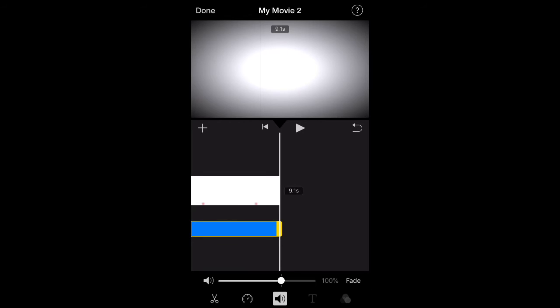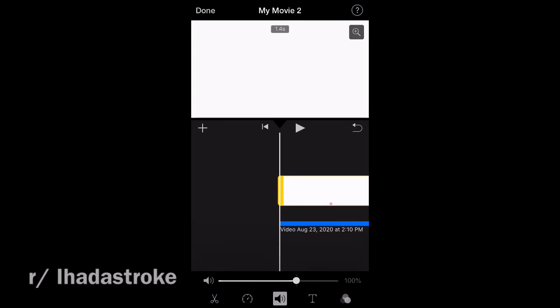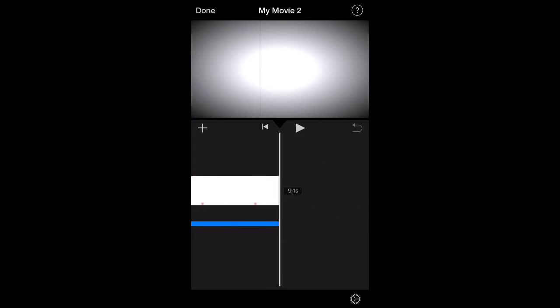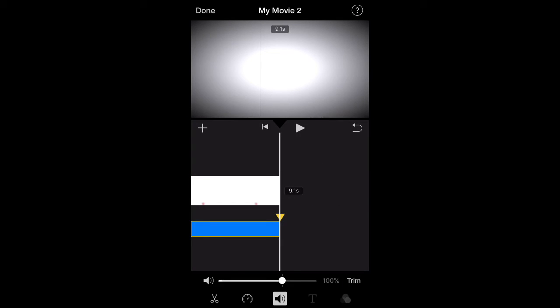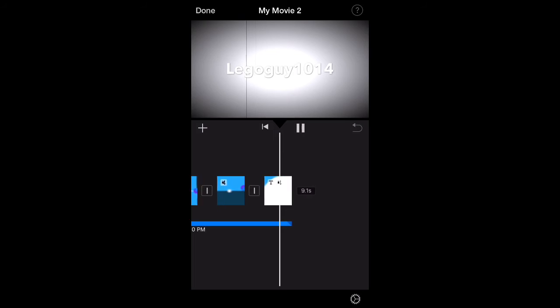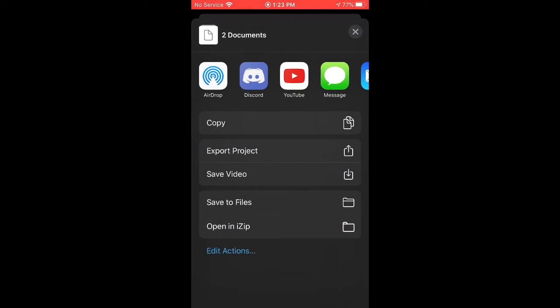Now what you're going to want to do, also that I really forgot to mention, is if you want to add different music, change the audio level. Just tap the microphone thingy and it will mute it. So you will not have two songs playing at once. Now you go to the end of it and then you choose fade and do a fade like this. And that will allow you to fade out like this. Now press done. Press save and save video,